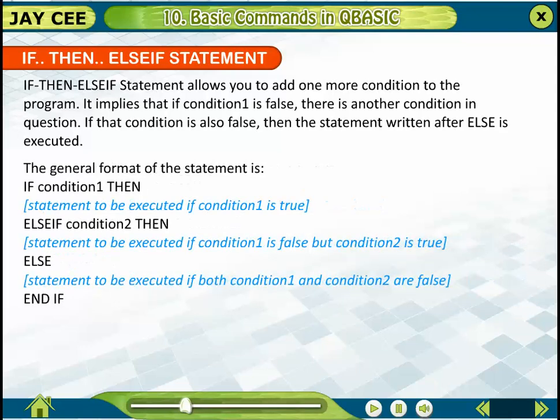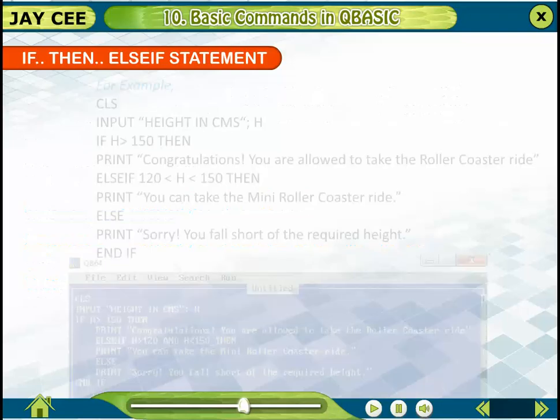The general format of the statement is: IF condition 1 THEN statement to be executed if condition 1 is true, ELSE IF condition 2 THEN statement to be executed if condition 1 is false but condition 2 is true, ELSE statement to be executed if both condition 1 and condition 2 are false, END IF. For example,